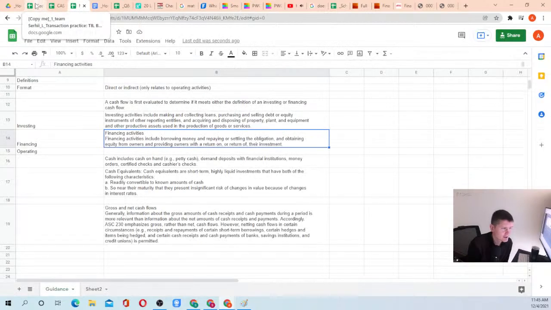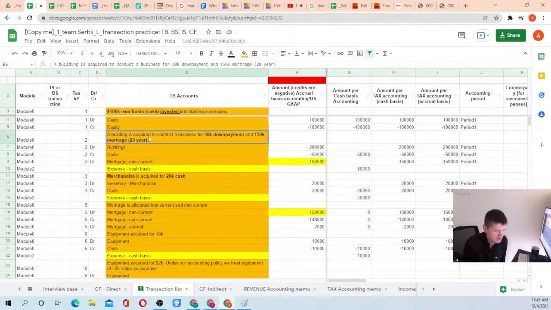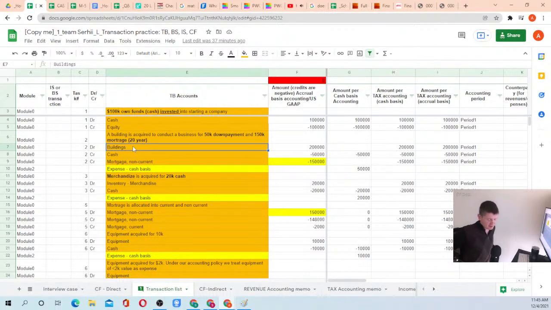Let's see where our homework is. So in that case, for example, that transaction could have been treated differently depending on who finances the transaction. If we got financing from a third-party bank, then we would reflect a cash outflow for capital of 200K and a cash inflow for the mortgage of 150K. But if we did a transaction with a seller, if the seller financed the transaction, or we got that item under a financial lease, which is basically seller finance too,